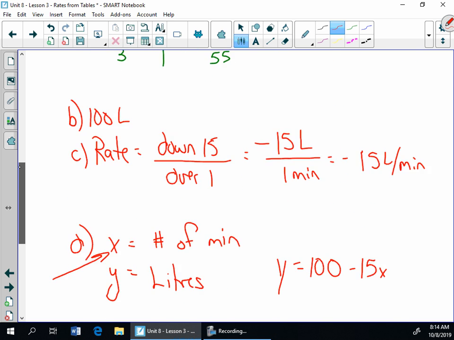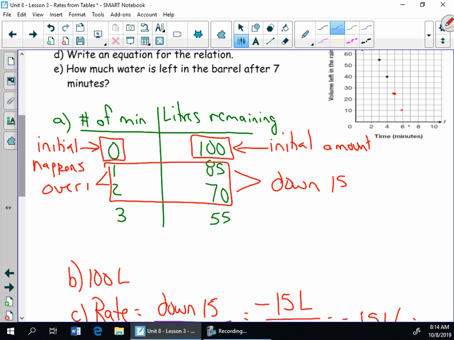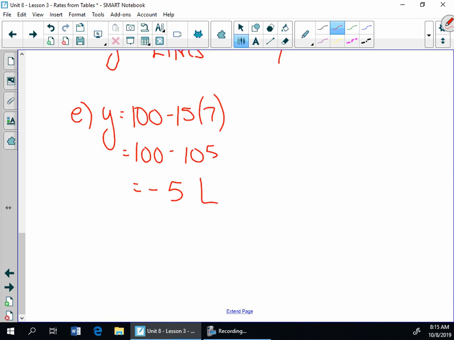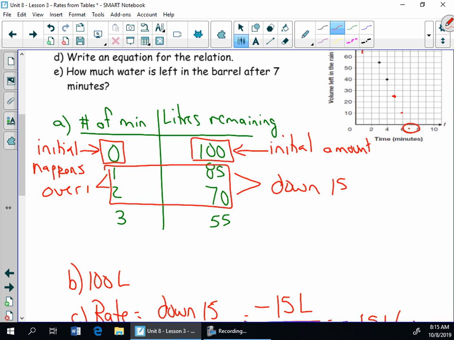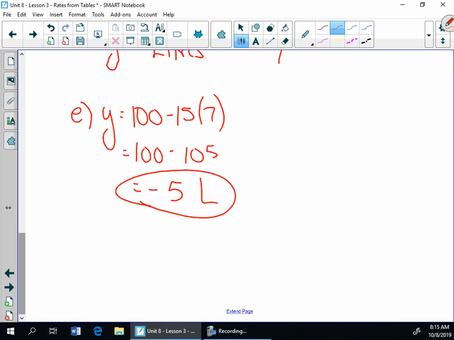My graph went below. My last time is right here, which matches the information I have here. -5. Wait a second. How do I get -5? It says how much water is remaining. Can you get negative liters? I don't think so. What happened? Somewhere before 7 minutes, looking at a graph, thinking about a number, I think we ran out of water. So how much water remains? There is no water remaining